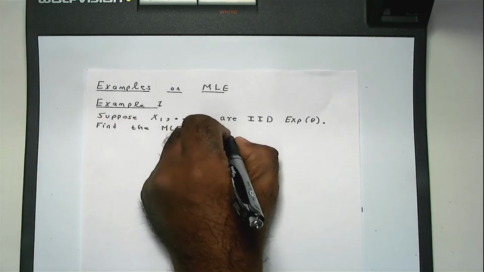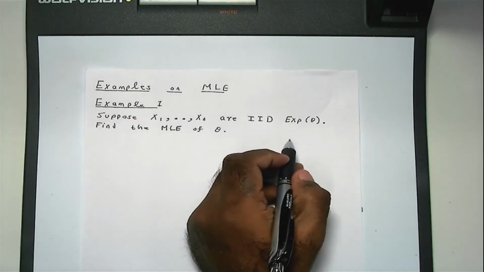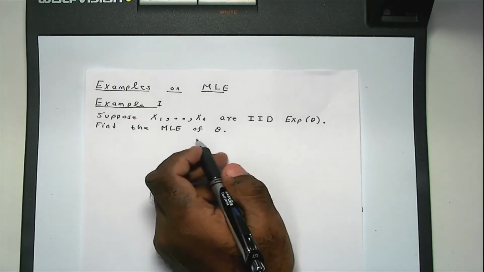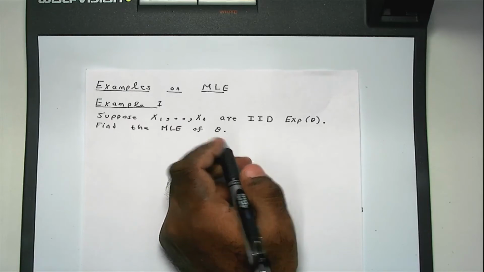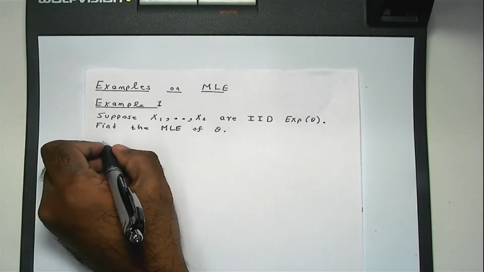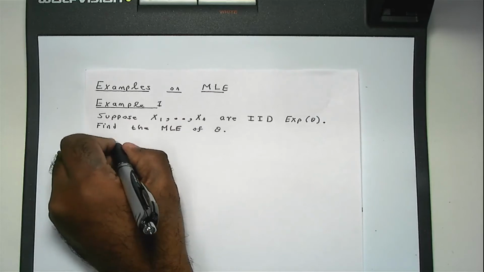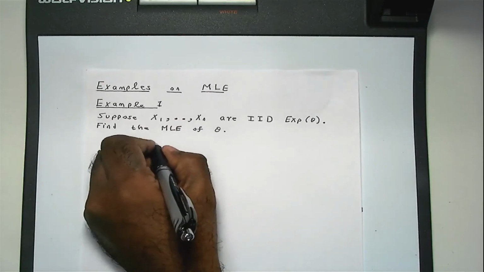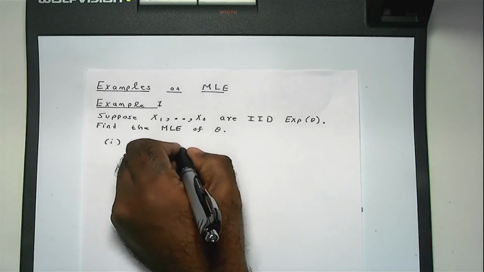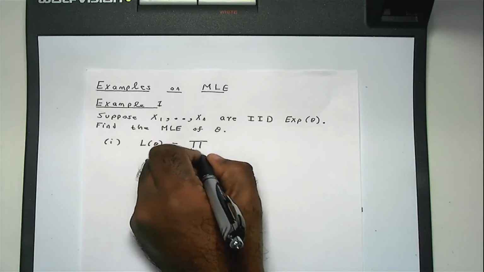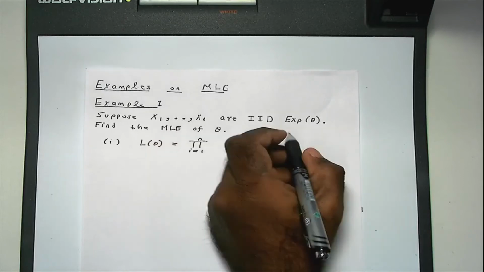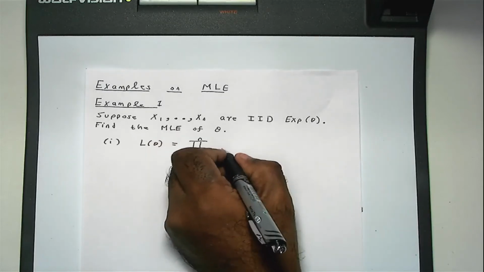So because this is a continuous distribution, I'm going to follow the 4-step procedure that I gave you in the previous video. The first step, you may recall, is to find the likelihood function, which in this case is the product of the density function. The density function of this is theta times,